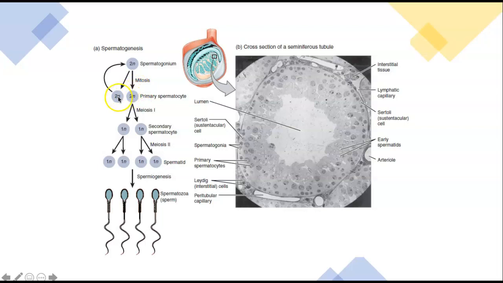The secondary spermatocyte goes back and reverts to being a spermatogonium, whereas the primary spermatocyte then goes through a process called meiosis, and in meiosis there are 2 divisions, and what happens is you start with a diploid cell. 2N just means 2 copies, 1 copy. You start with a diploid cell, you do 2 divisions, where you end up with 4 haploid cells, okay? And so I just wanted to point that out,